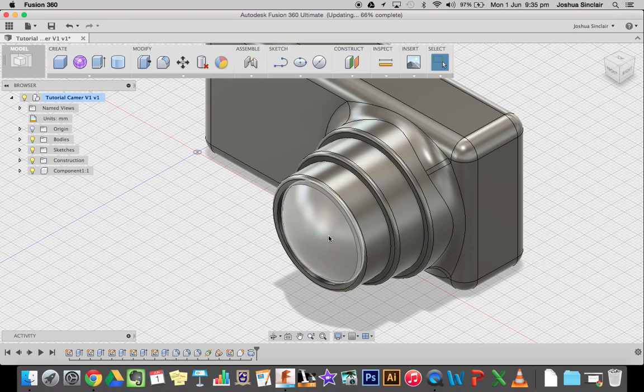The reason for a new component is that separates it from the rest of our camera, so we can do a few unique things to it later when we're putting material on it. And that is our curved lens. To get rid of the axis line, all you need to do is go into construction and then untick